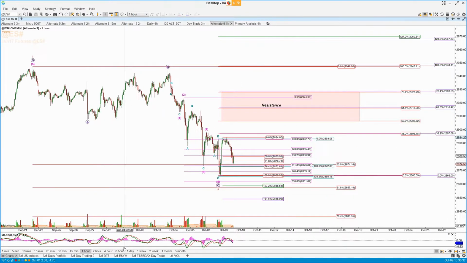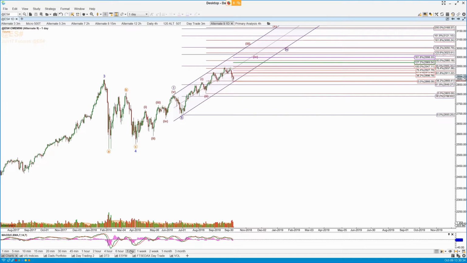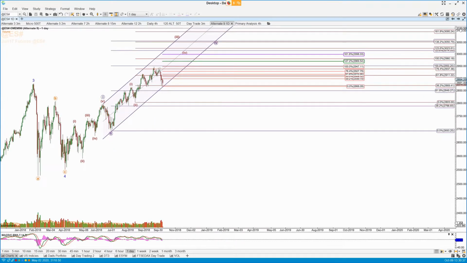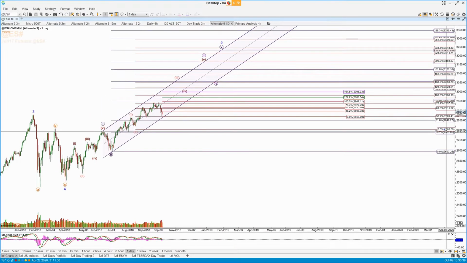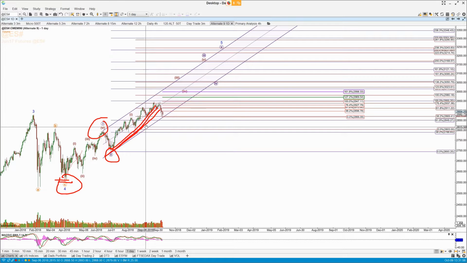Okay, so let's have a look at what we have this morning in the markets. Just a very brief reminder, the long-term daily chart in the ES, and I've got, whatever the count, the 4's here, the 1 up is here, and the 2 back there. Then it's a case of this, which has been challenging, shall we say.